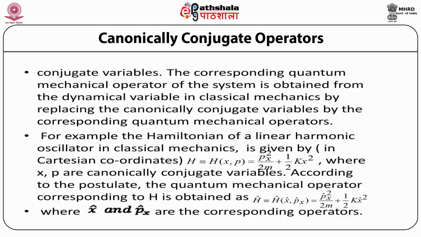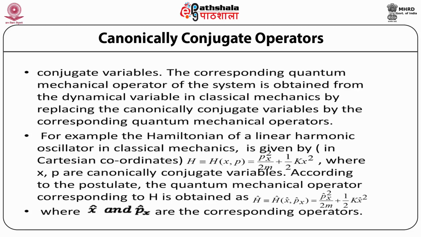Now, according to the postulate, the quantum mechanical operator corresponding to the Hamiltonian H as defined above for the linear harmonic oscillator in classical mechanics is obtained as operator H is equivalent to operator H as a function of operator X and operator Px, where Px represents the X component of the momentum,